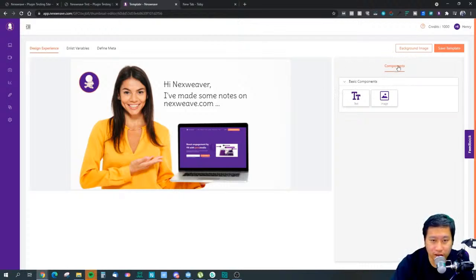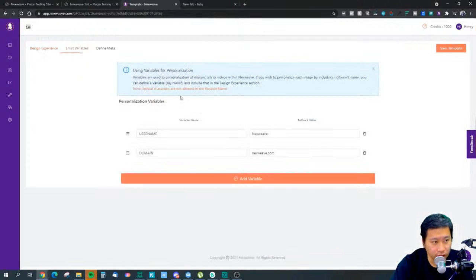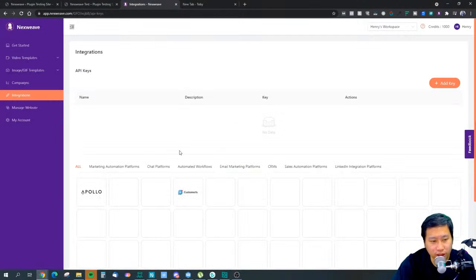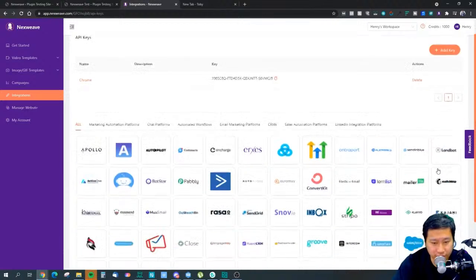And this variable can always be changed. So let's say we were to put wikipedia.org, and save template, and there you go. It's changed up very nicely. It's really very simple to use, and there are tons of integrations in here,